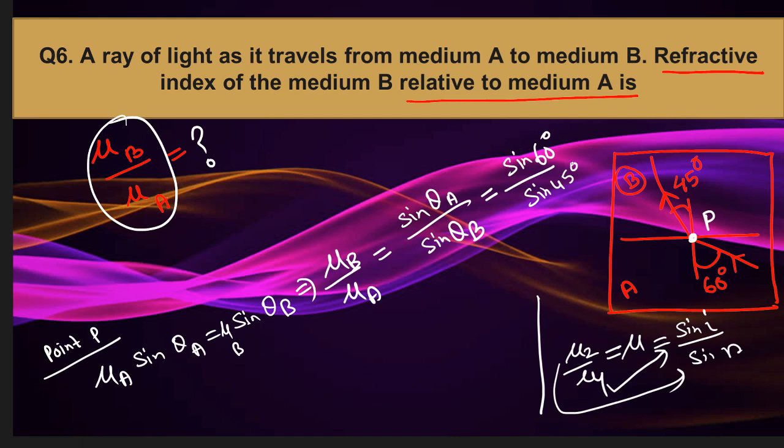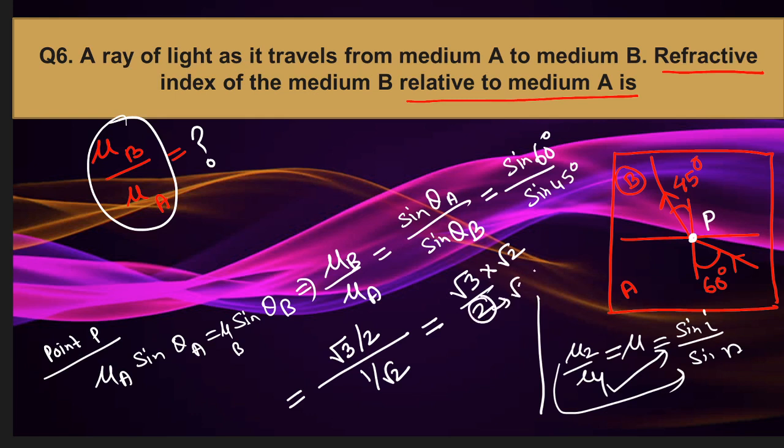In 10th class, you are now learning geometry and trigonometry, you will come to know. Sine 60 is root 3 by 2 and sine 45 is 1 by root 2. Clear? So if we do the calculation, it will come root 3 by 2 into root 2. Now this 2 we can write as root 2 into root 2. This root 2 will cut. So finally the answer will be root 3 by root 2. Clear? So this will be our answer.